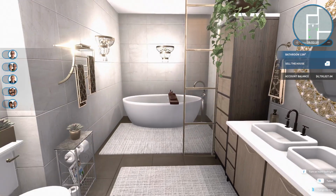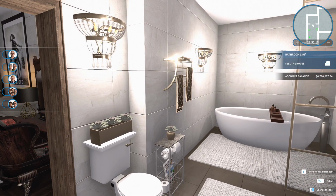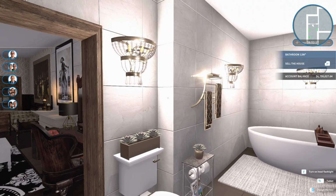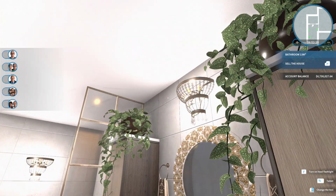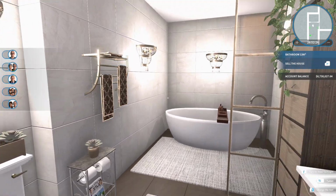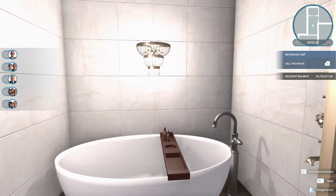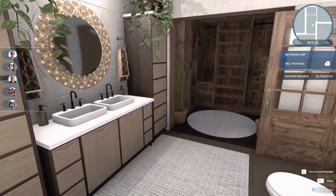And here's our bathroom, which is really simple but very elegant. And that's what I was going for. I didn't decorate it with a bunch of pictures. I also did not use overhead lighting. I only used the sconces in this bathroom. But we've got plenty of light. We've got a nice big beautiful bathtub, a nice fancy shower, a good size